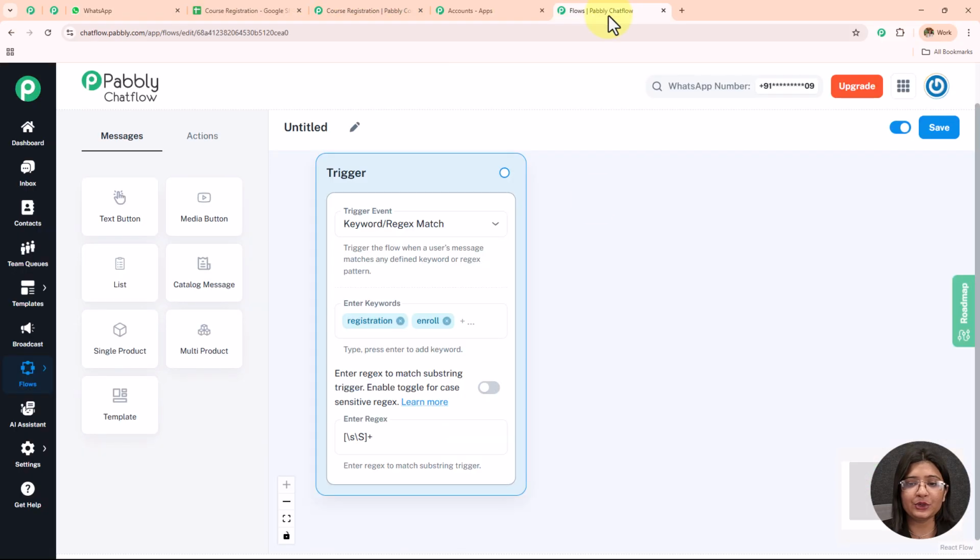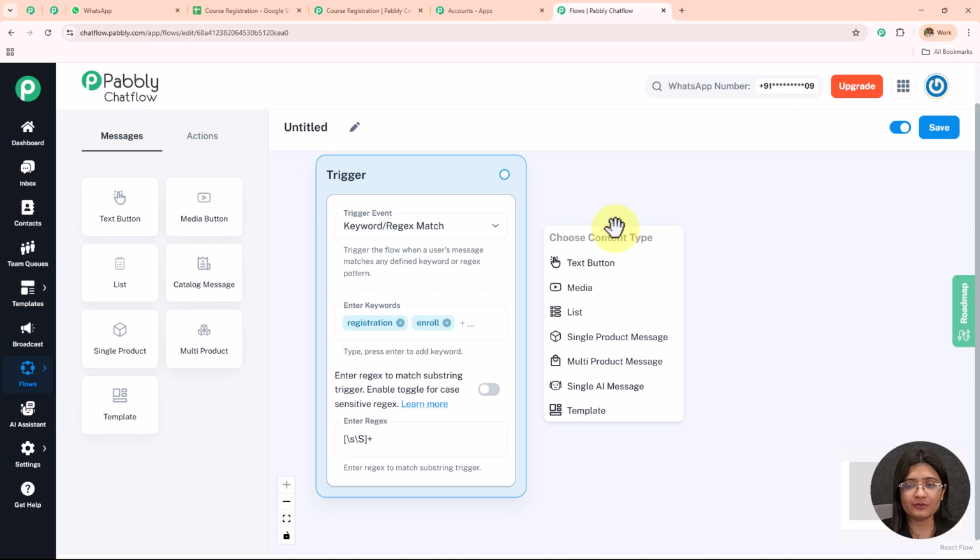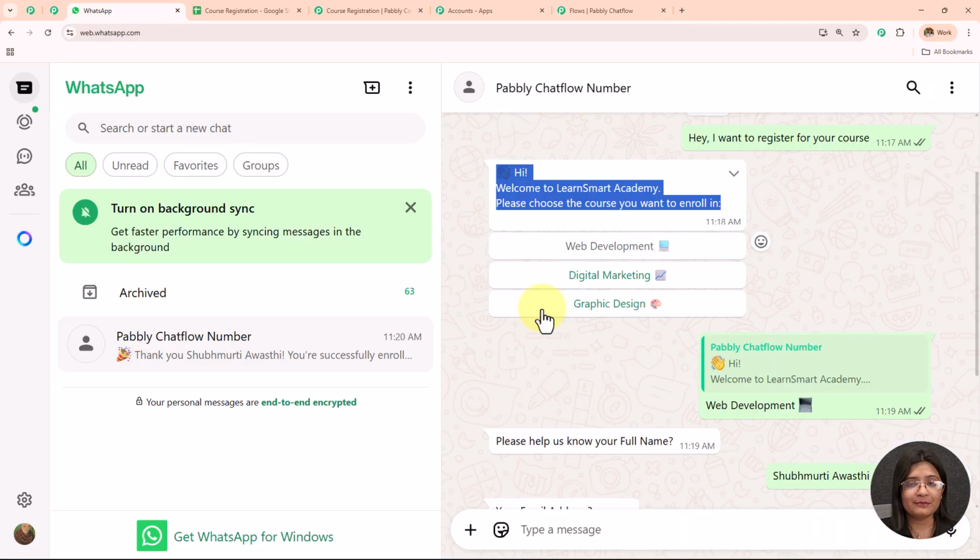For that I'm going to open my flow and I'm going to click on the circle, drag and drop the circle, and then select my content type. I have this text button, media, list, single product, multi-product, single AI message, and the template. If you want to send an image, video, audio, or document, you can select the content type as that. If you want to send a message with the button, so the options, you can select this